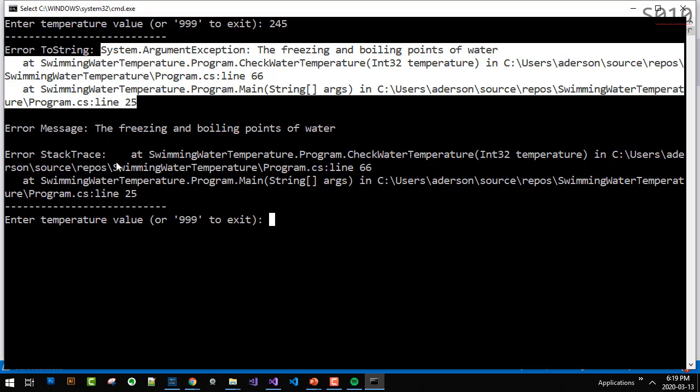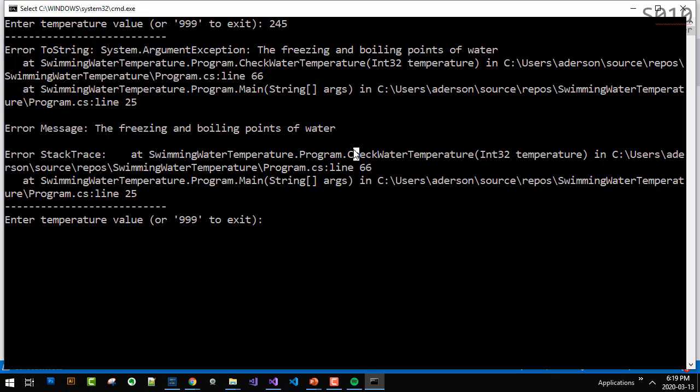What is stack trace? Stack trace shows which method called which method, and in which line the problem is. Look at this. It shows that the problem was in CheckTemperature, in file Program.cs, line 66. So it shows all the nitty-gritty details. If I'm a user of an application, which one of those three should I present to him or her?